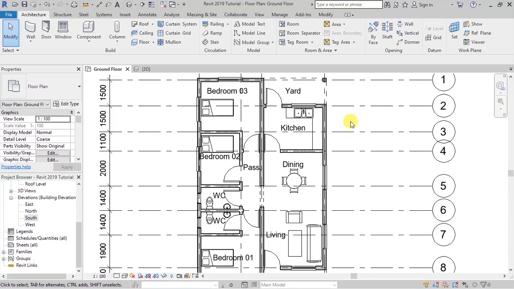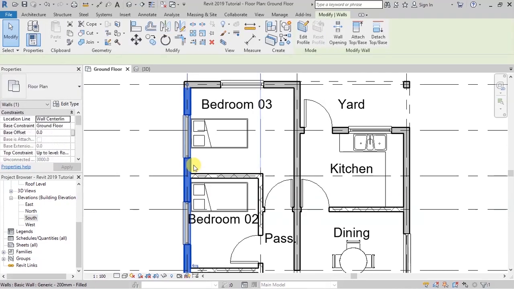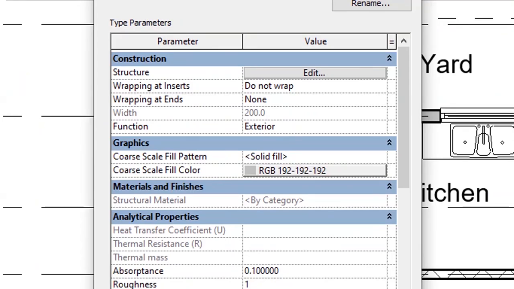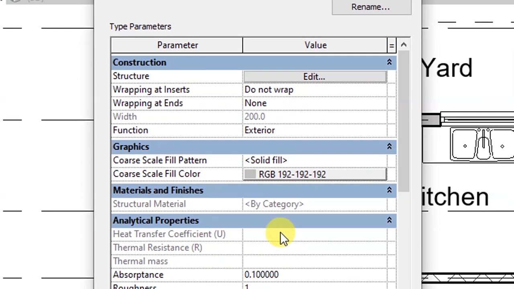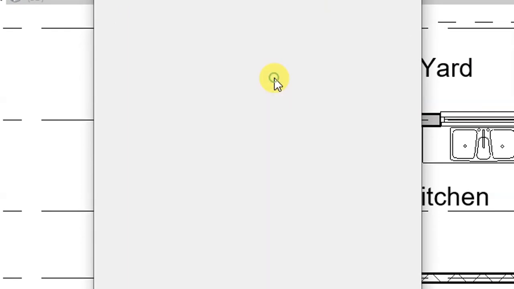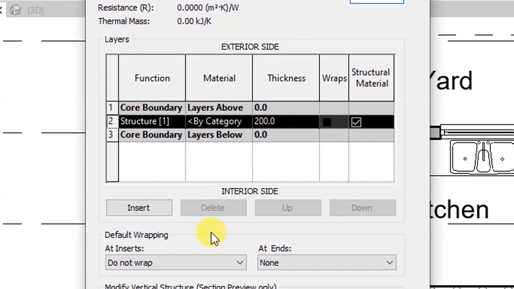So as we proceed, I want to do some customizations to both the internal and external walls. And what I'm going to do is select this wall here. When the properties panel here is active, I click on this. It is going to take me to the type properties here. You can see we are editing a 200 mm filled wall. So under type parameters in the construction structure, I click on edit, and then where we have this assembly here,